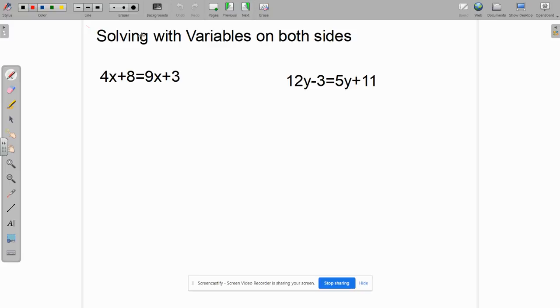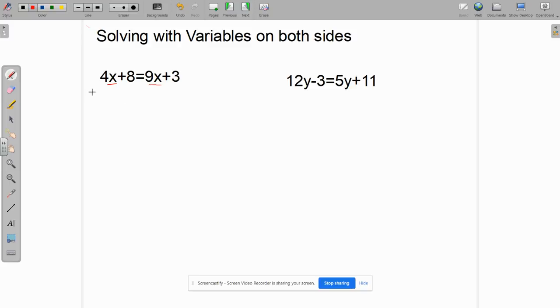So this would be solving when you have variables on both sides. Typically, it'll be the same variable for this unit. So we're going to take a look at this. When I'm looking at this and I see there's an x on this side and there's an x on this side, before I solve anything, I want the x's to be on the same side. I don't want to have them on opposite sides of the equal sign because that'll just make it more